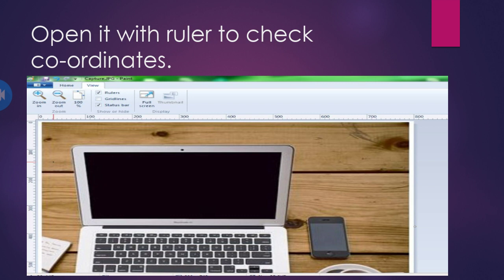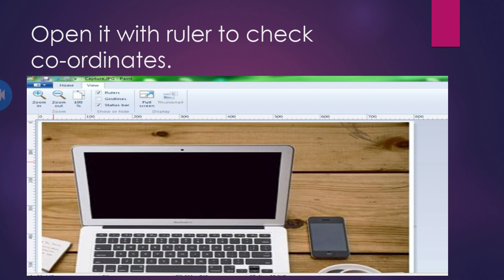In the View option, click on the Ruler option. When you click on Ruler, it will display the image with coordinates, the x-axis and y-axis, 0, 100, 200, horizontal and vertical. So by this way you can check the coordinates.